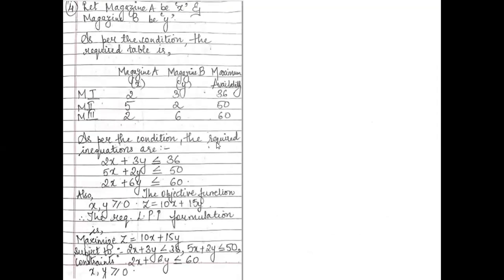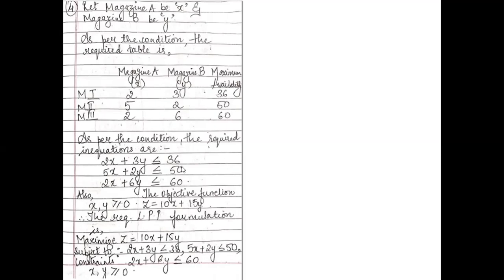So this was the type of the sum which you all should have got if you have solved this particular assignment. As per the condition, the required table is in a tabular format. I told you all machine related sums will always be solved in a table. As per the information given, I filled out the details and then I got the required inequations. Now as the sum was of maximum, in maximum you remember the opposite sign, that is the less than equal to sign will come.